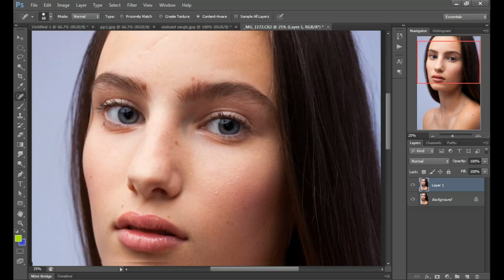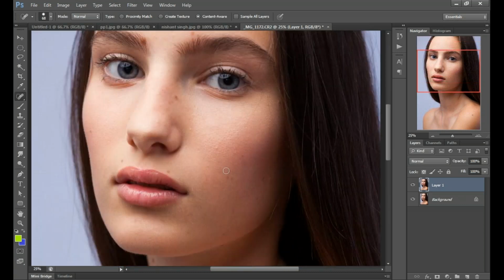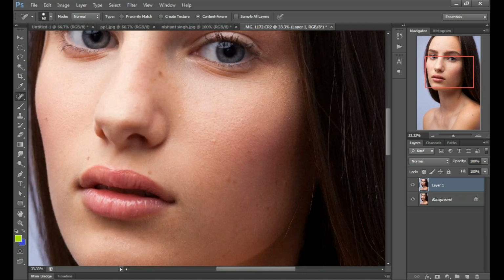Look at that. Go to any spot, put your mouse on that spot and click, just click, and done.